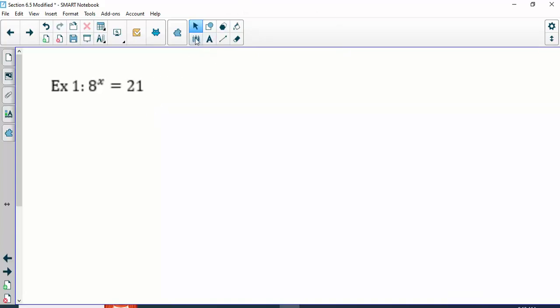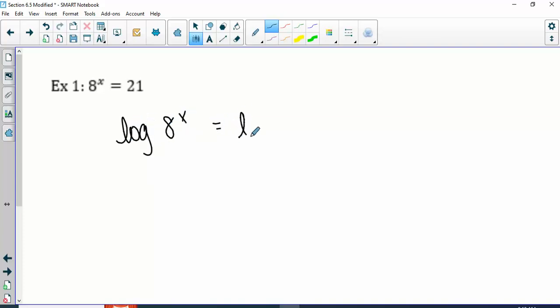All right, so I'm just putting a log in front of each of these. Now, how does this help me? They have the same base. Think about properties of logs. What happens with this exponent? Exponents come down in front. So now I have x times log of 8